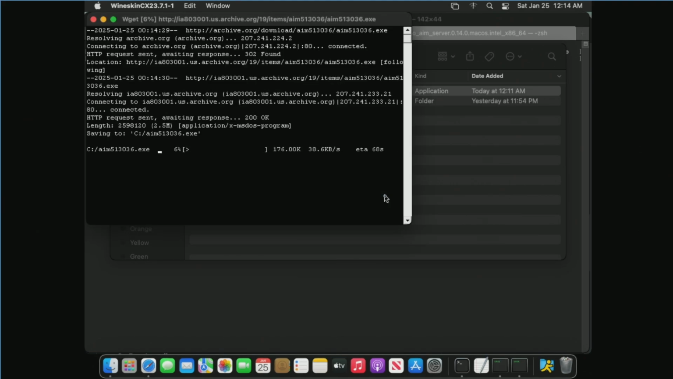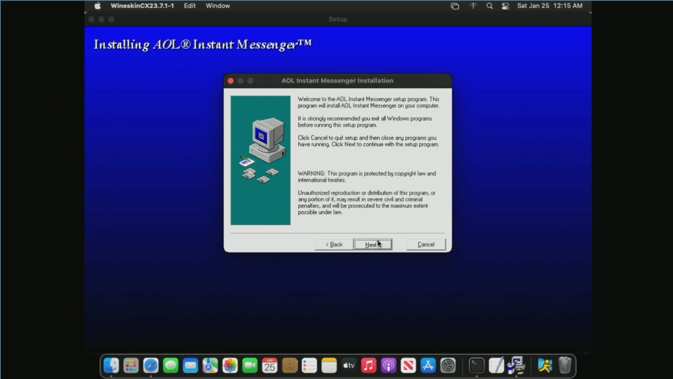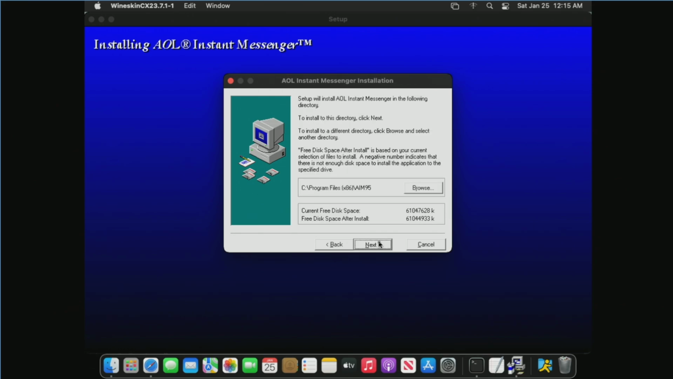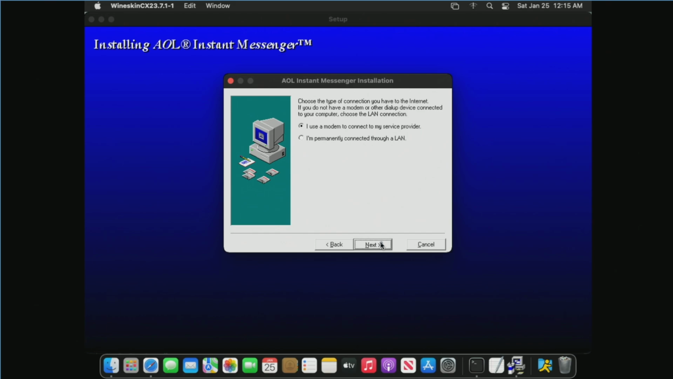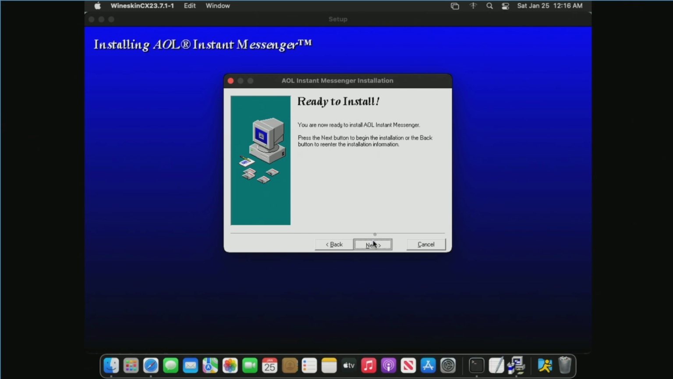It could take a few minutes, and just be patient as it installs. Let's click yes for the user agreement, and next one more time. And then select I'm permanently connected through a LAN, click next. Change up your country, uncheck Netscape as your home page, and then type in a zip code, click next, and